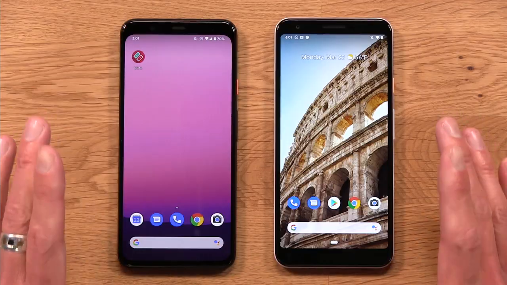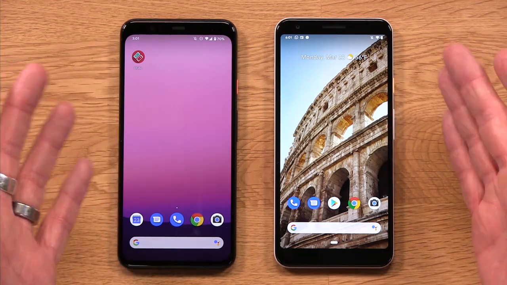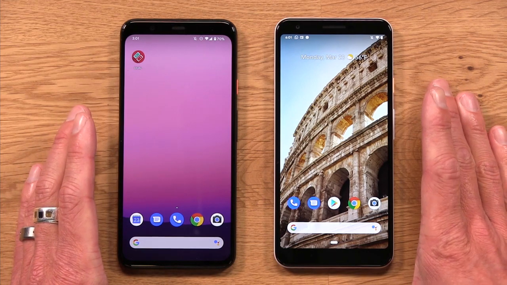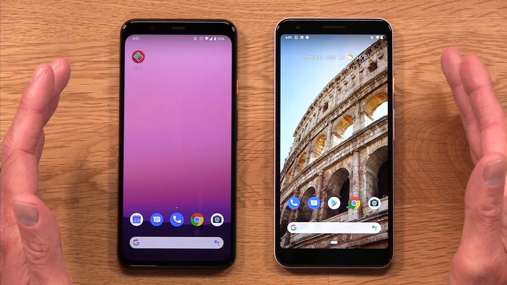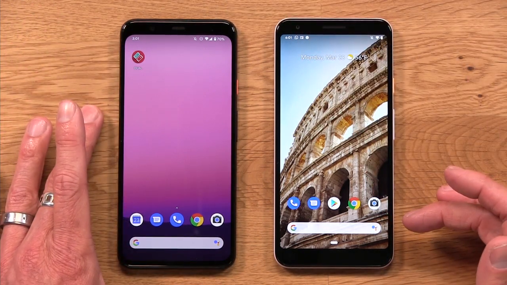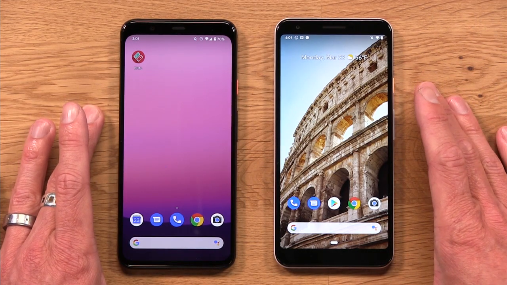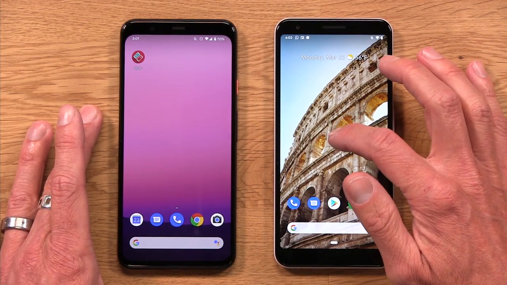All right. So first thing I should mention is that the user-facing updates in this DP2 version of Android 11 are few and far between, similar to what they were in the first one from a month ago. But I'm going to show you a few of those. I actually have my Pixel 4 XL on the left with Android 10, my Pixel 3a XL on the right with Android 11 Developer Preview 2 to show you this first feature, and it has to do with wallpaper